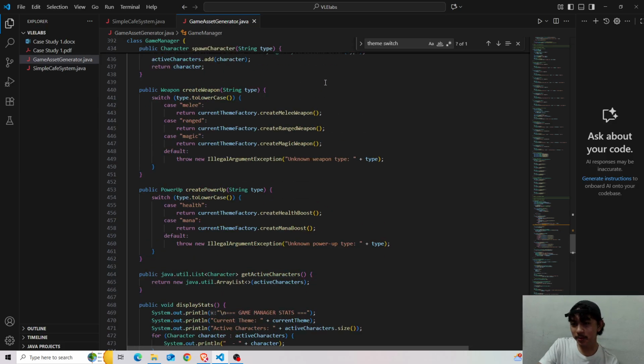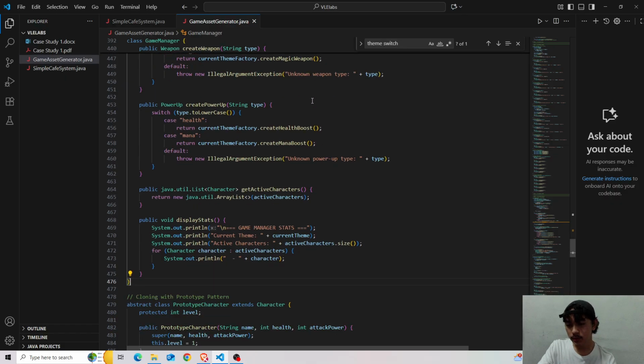So we'll be proceeding to display stats. Okay, display stats. Current theme. This is where we print out. This is where the game manager displays stats or prints out the status of the game.